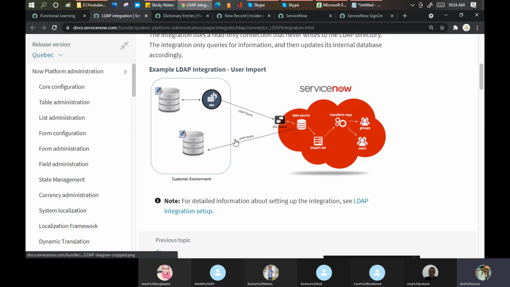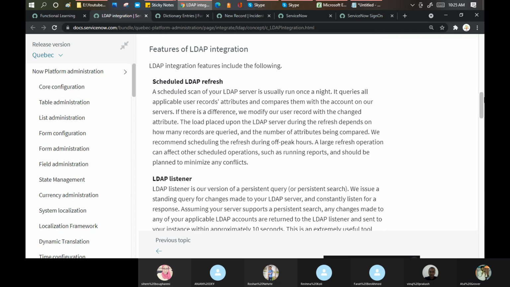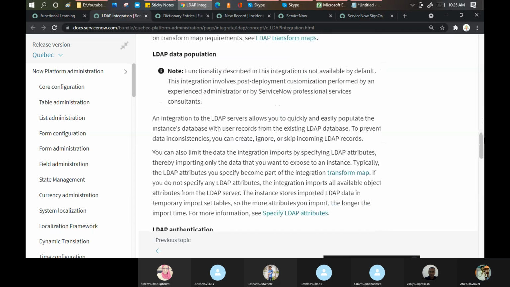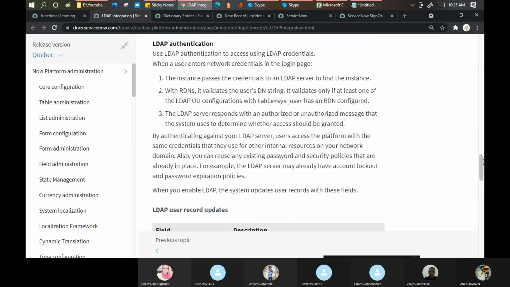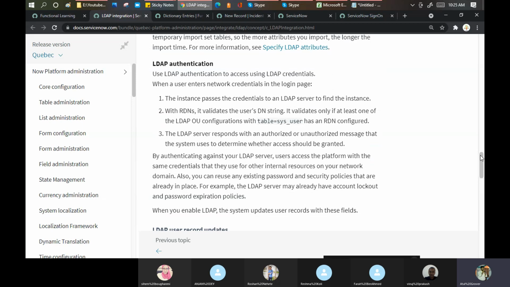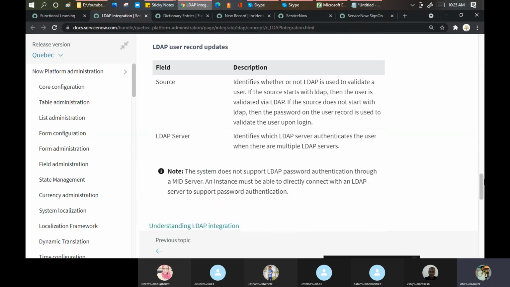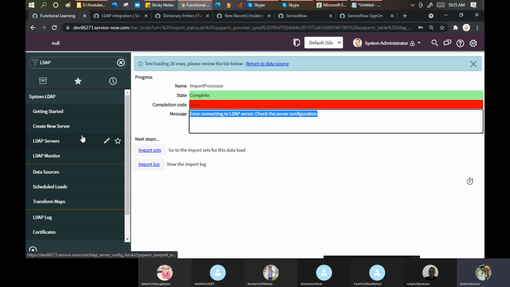This is the way. We have to create a data source. We have to do the LDAP server mapping. In the background, it has an import set, a transform map, and then from the transform map, I have a different transform for group and user. I will be moving my data from one place to another place. These are the things. We have to do the authentication as well. Multiple parameters are there, but if you read this document, it will be easy for you to go for that.